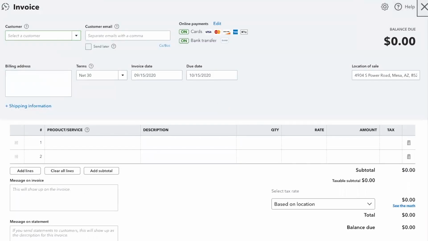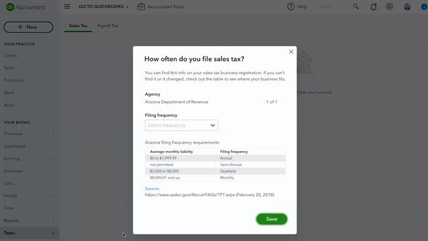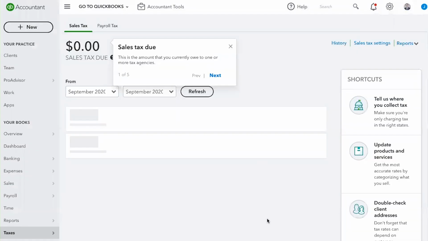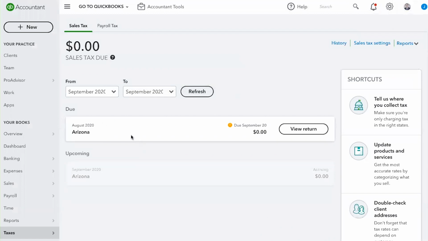So let me see what it looks like after I set it up. But yeah, your filing frequency. So you're going to know this stuff if you need to do this for your company. And it's going to list, and some agencies will actually link directly to QuickBooks, others will not. So what you can do here is this will show you what you need to pay. It generates off the reports the way you have it set up, but it'll show you what you need to